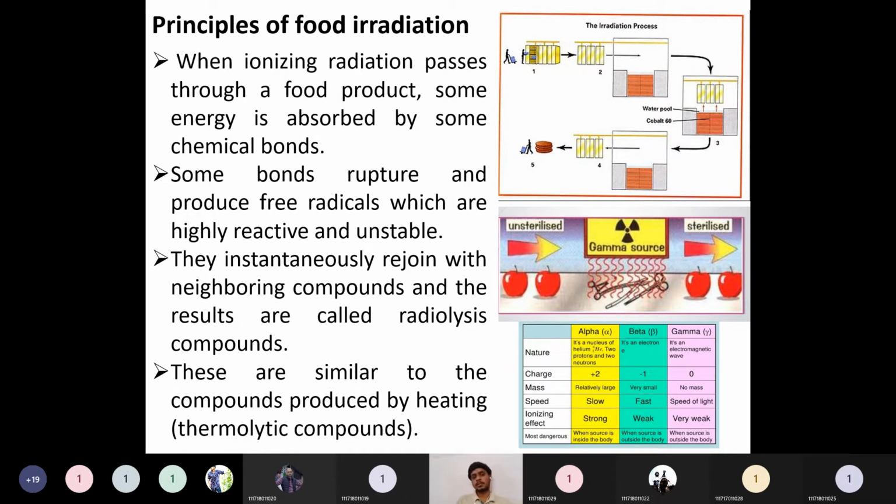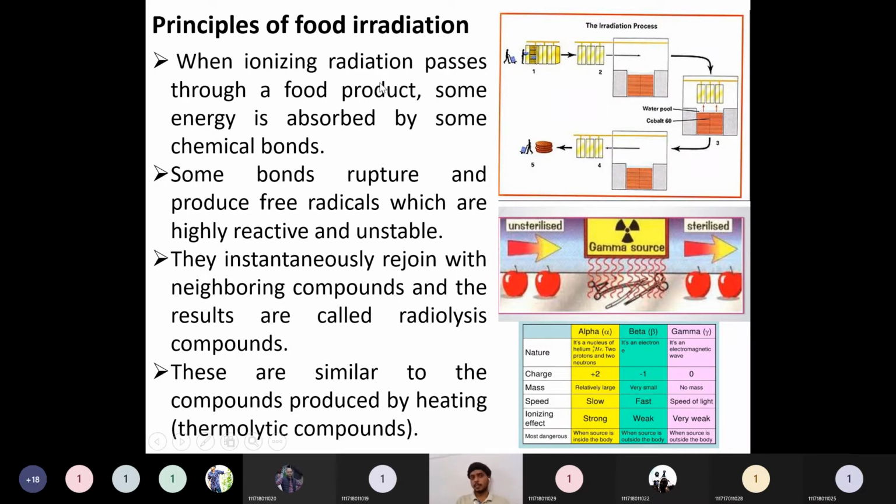So how does this overall process take place? So when ionizing radiation, since gamma rays are ionizing radiation, they have the capability of producing an ionic pair, whether it may be a positive or a negative charge. So depending on the electron losing or electron gaining, that will produce some positive or negative ions. But ionization is the process which is going to happen here.